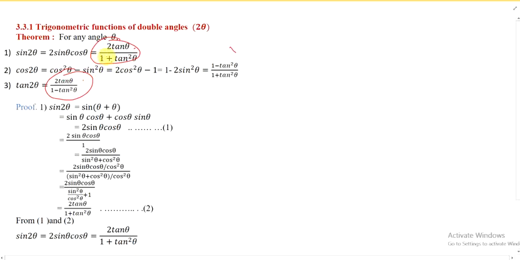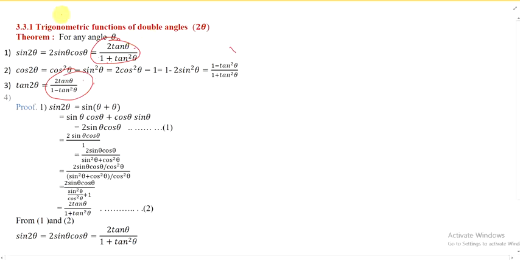Okay, when you see the proof, then you will easily understand when the plus sign occurs and when the negative sign occurs. Okay, so I only want to make you aware that these results seem the same, look the same, but a small change, a difference is there. Okay, and try to remember this difference also. So let us see the proof of sine of 2 theta.